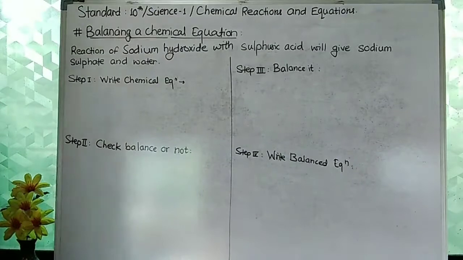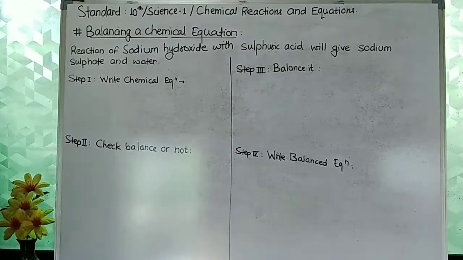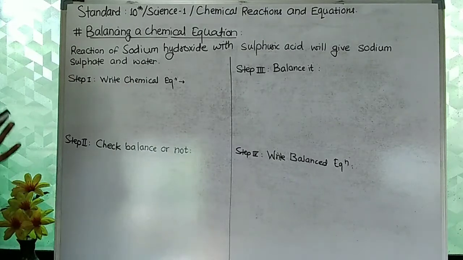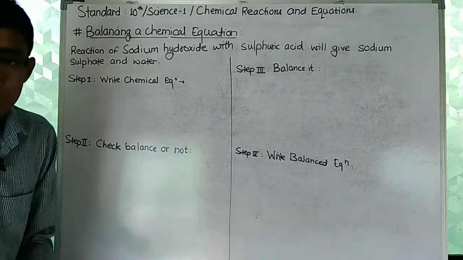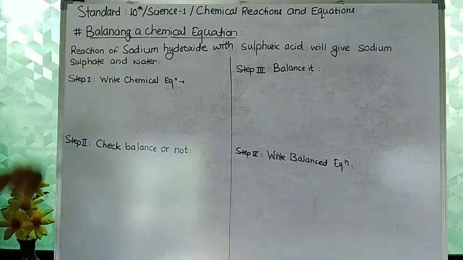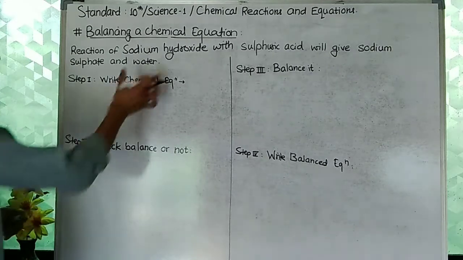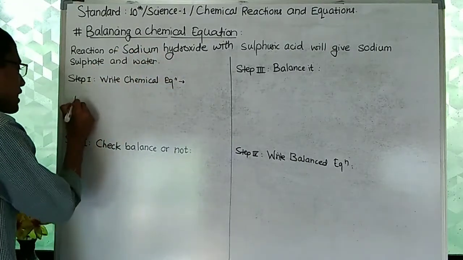Now let us try to understand how to balance a chemical equation with an example. Here we will take an example of the reaction of sodium hydroxide with sulfuric acid, and it will give us sodium sulfate and water. A very simple reaction that is. Now the first step to balance a chemical equation is to write the given chemical equation as it is. So the equation will be sodium hydroxide, that is NaOH,